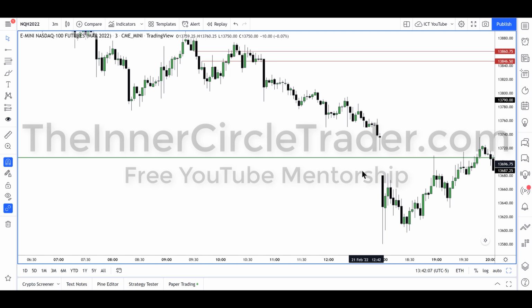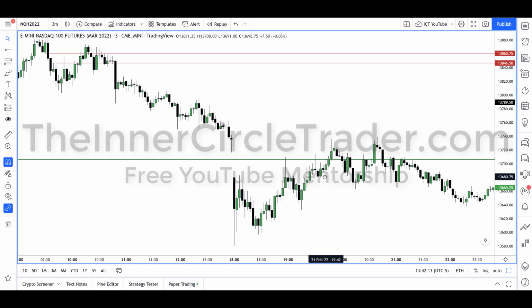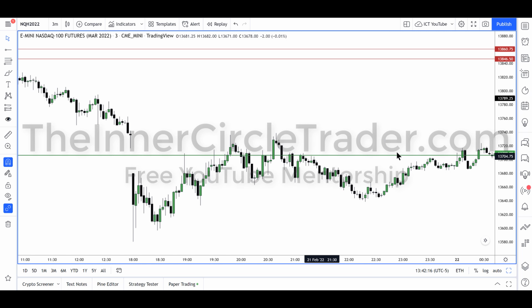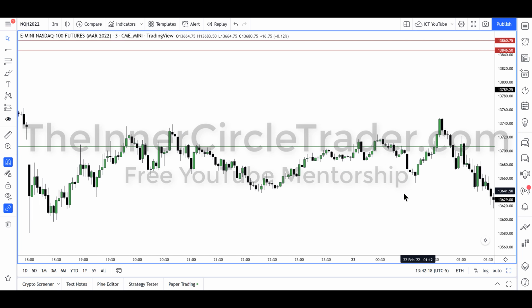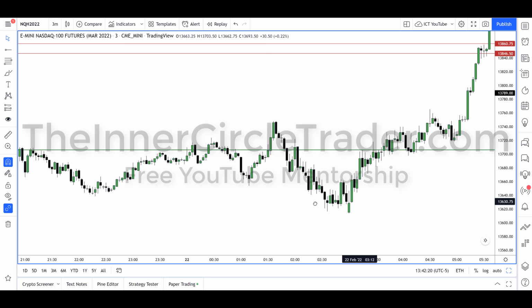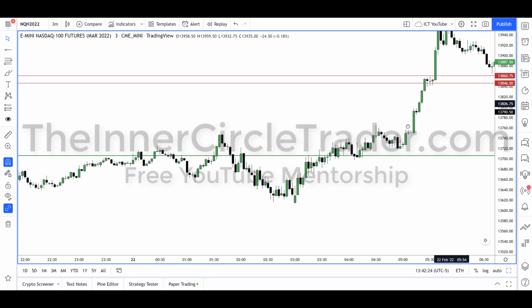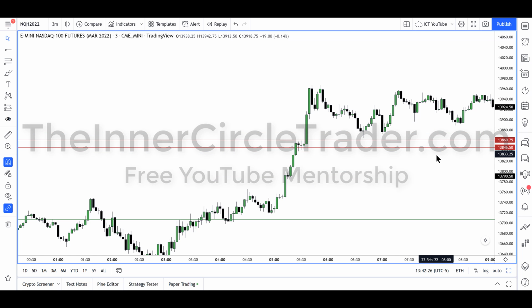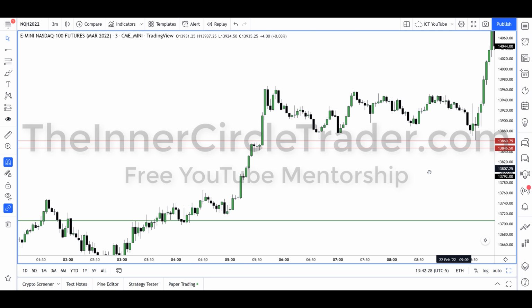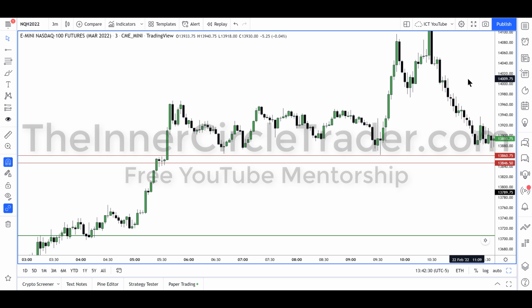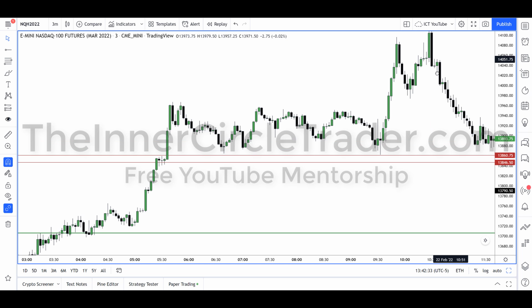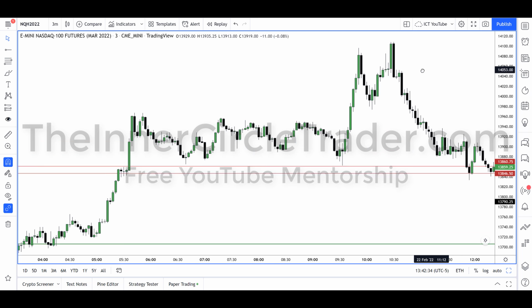It's likely to come back and rebalance that and fill it in. And it does. And then ultimately trades around that old low, and then eventually pumps up into the afternoon, consolidates, then goes into the early afternoon hours right there. And I showed